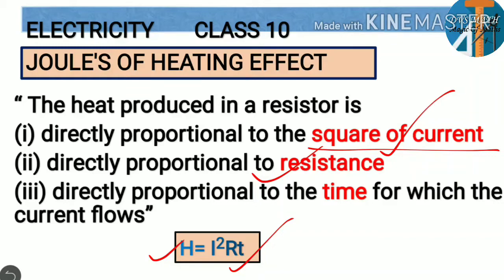So what is the formula for Joule's law of heating effect? H is equal to I square RT. So this is about the definition, and they may ask to explain Joule's law of heating effect. You just have to write these three points and the formula. Clear? So what is heating effect? Sometimes it is caused by high resistance, or sometimes by conversion of electrical energy to heat energy. There are some applications of that. And particularly if we go for the factors, it depends upon the current, resistance and time. Altogether we are calling it Joule's law of heating effect.